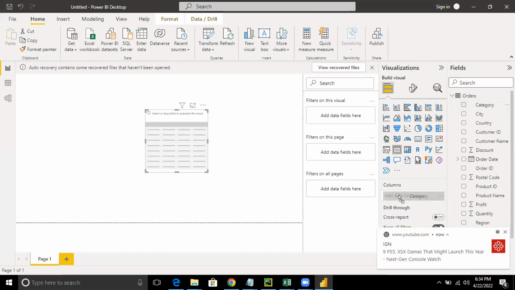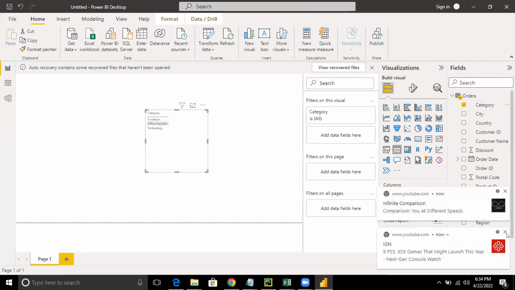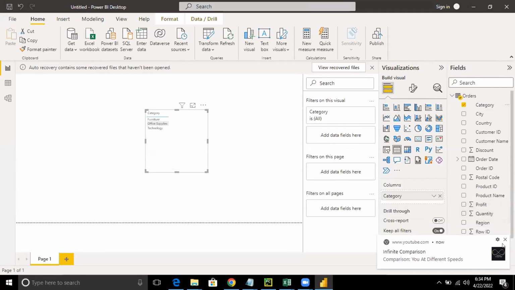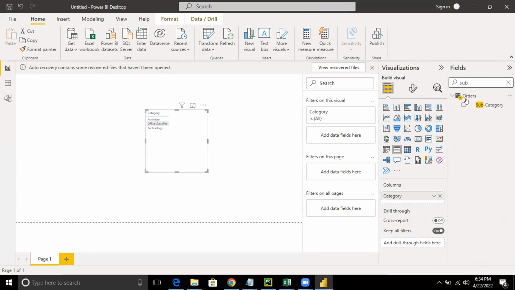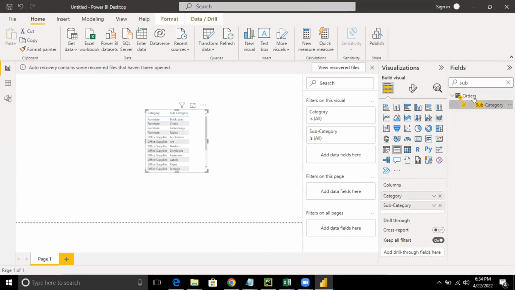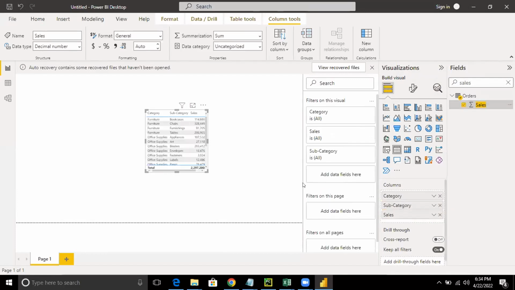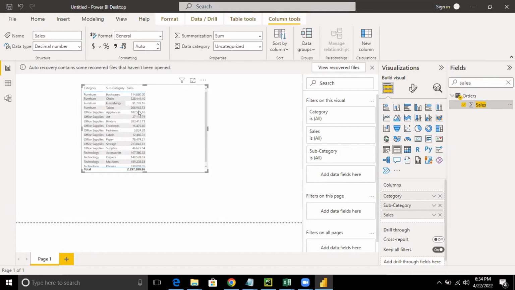Can you please drag and drop the categories, everybody? And can you also drag the subcategory, everybody? So category, subcategory, sales. This is the information.